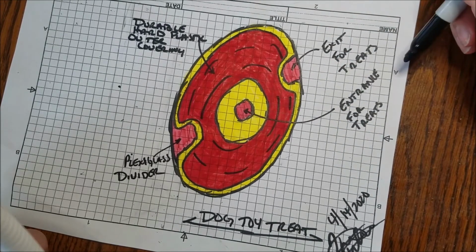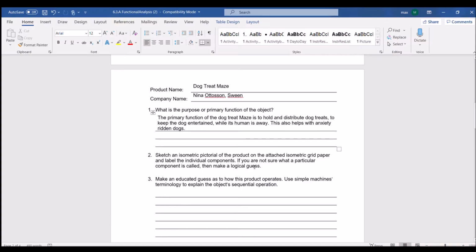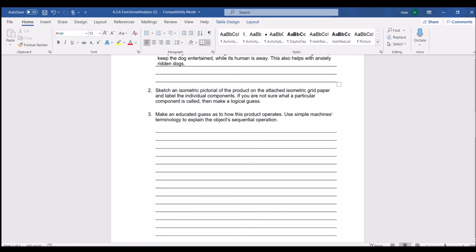All right, so now we're on to question 3. We're going to be making an educated guess as to how this product operates using simple machines terminology to explain the object's sequential operation. So again, I'm using that dog toy, and the product operates